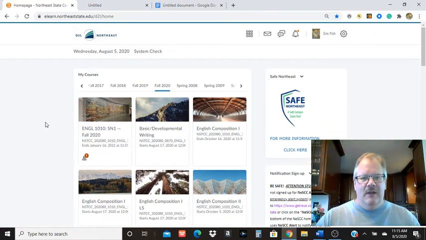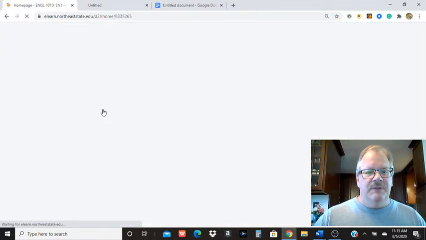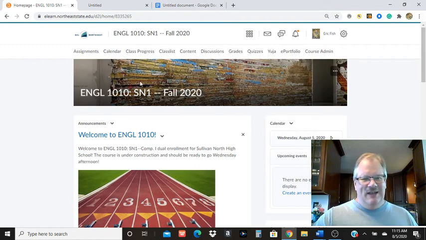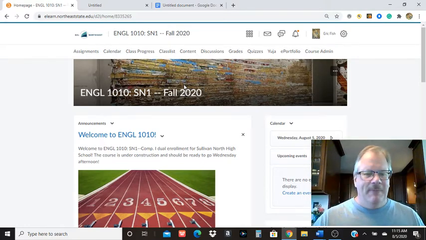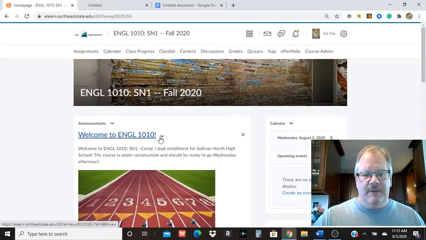All right. What we're looking at is D2L. Looks like most of you have been in here already. This is the class. It's a piece of art from the Hirshhorn Museum there, if you're wondering what that is. It's kind of interesting. It's a huge thing, about 25, 30 feet long. It's all this cloth and stuff put on the wall. Fascinating exhibit. But anyway, on D2L, generally here you're going to start getting reminders about work